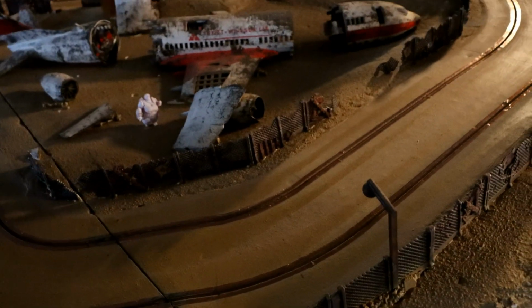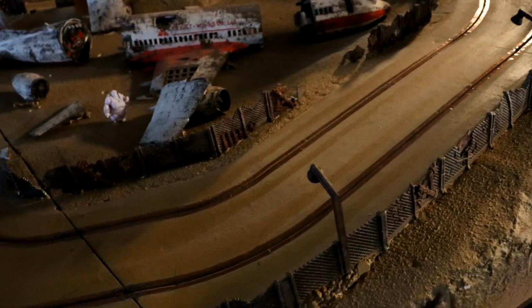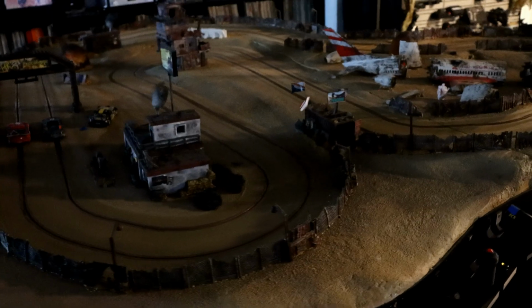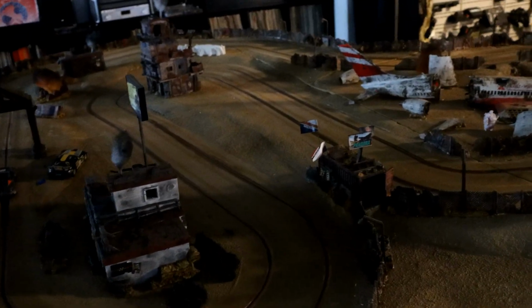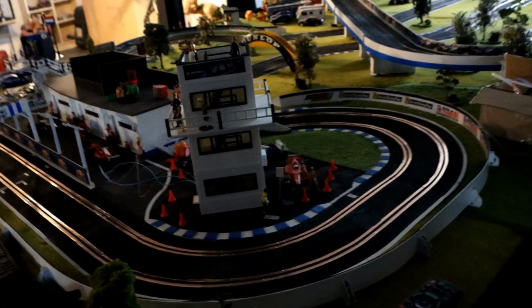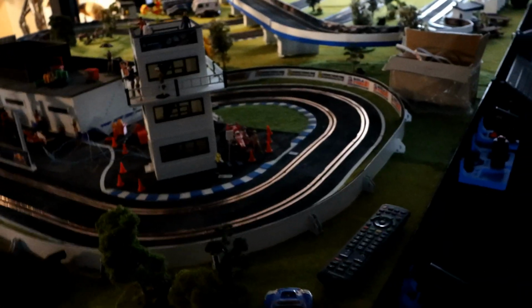Sometimes the tape can fall off due to dust or abuse or whatever the cars can do to it, and it's very simple. I just cut off the piece that is damaged and reapply a new piece on top of the place where the old one was. I think I use around 5 to 10 minutes each year on maintaining this track. It works so well. Over here I have a track with steel rails, and I haven't run on it for